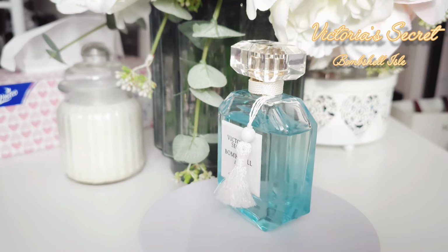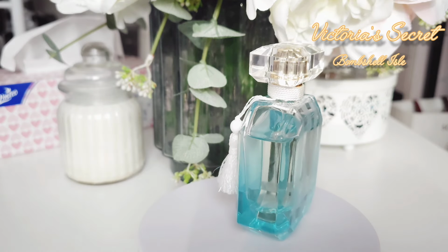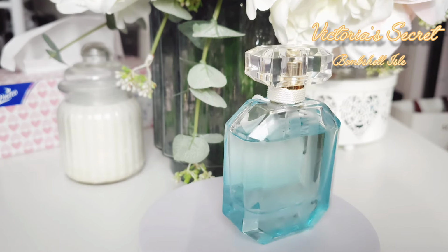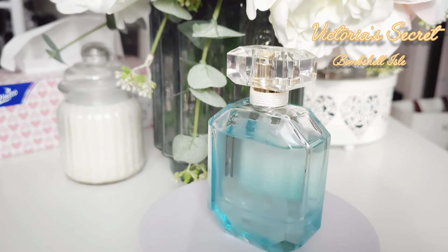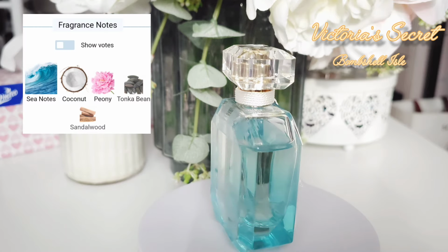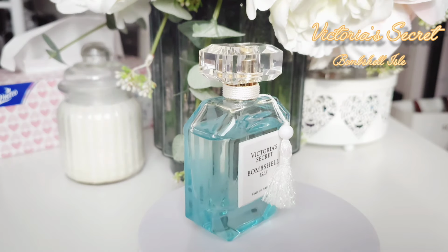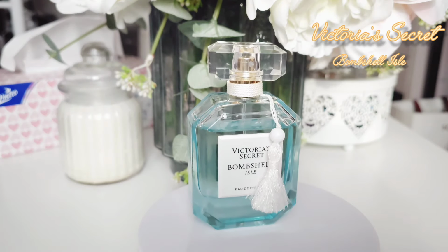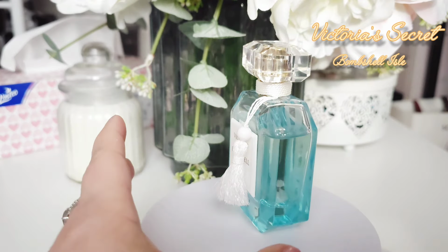I guess it was still available in a mini on sale on Victoria's Secret website this year, but I haven't seen it anymore, so you need to search for it secondhand. Fragrance notes here are sea notes, coconut, peony, tonka bean and sandalwood. And even though it is not your typical milky scent, it has creaminess in it because usually coconut is giving